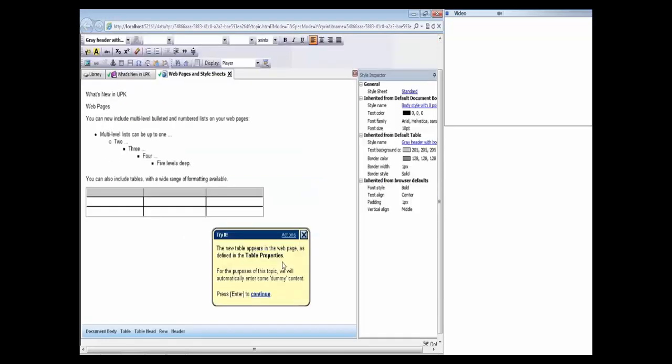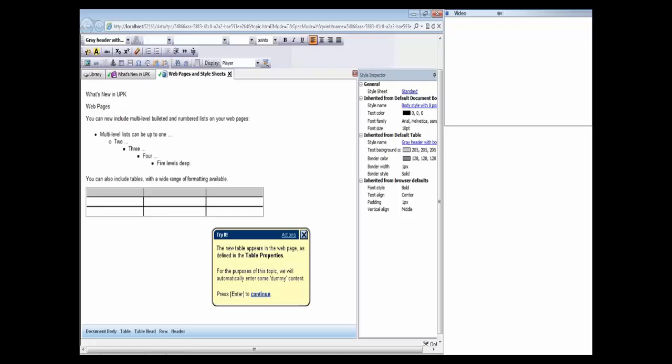So in this case, I'm going to change that default number of columns from 2 to 3, just by changing that figure. We're also going to define the table headers. You can choose to have column headers, row headers, or both. In this case, we just want column headers. So once we're happy that we've set up the table the way we want it to be, you click the OK button and the table appears. So that's really handy, and as I said, you can go back in and edit any of those properties